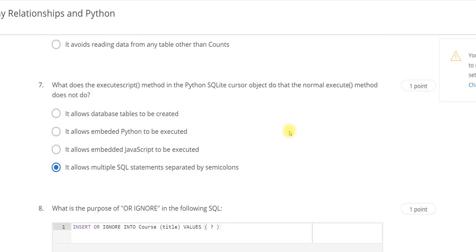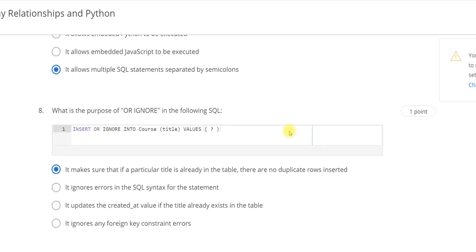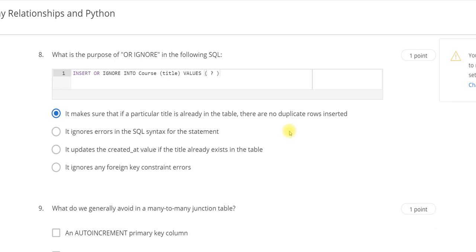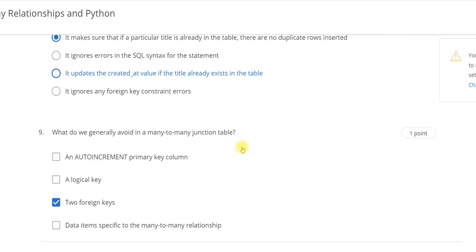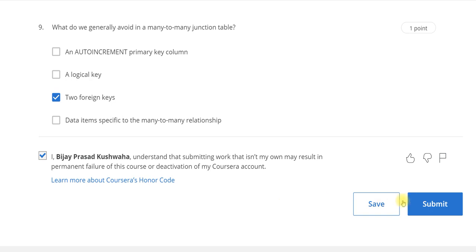For seventh, it always multiplies SQL statements separated by semicolon. For 8, it makes sure that if a particular title is already in the table, there is no duplicate row instead. For 10th, there are 2 foreign keys, and now I am going to solve it.